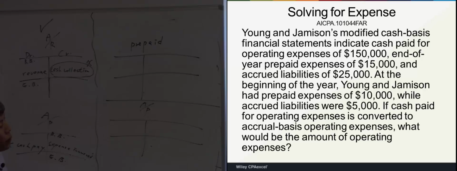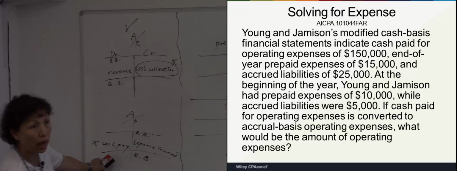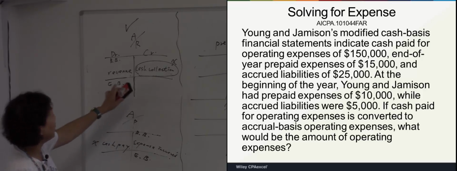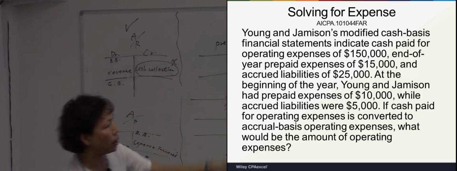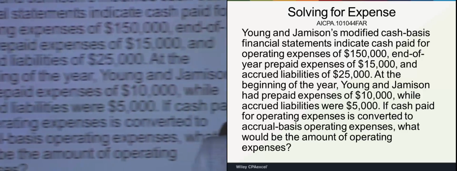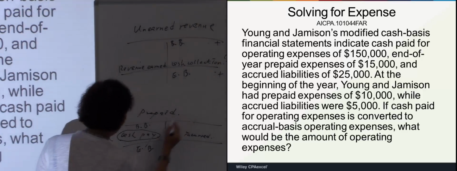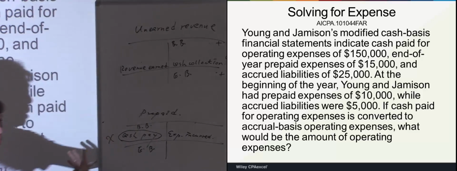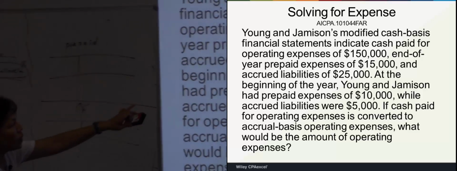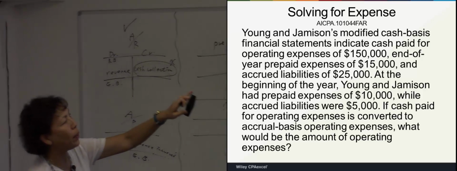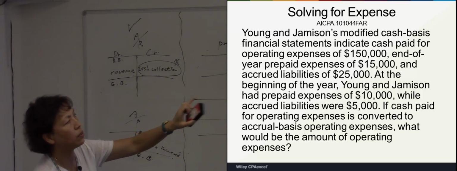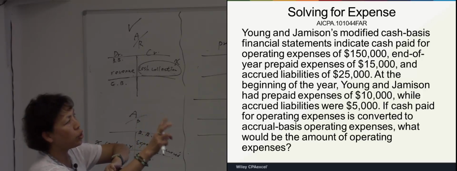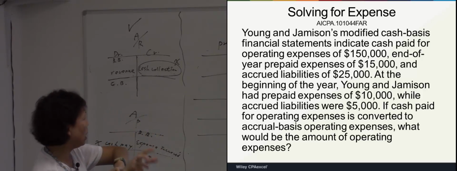And accounts payable. What did I say about accounts payable? Okay. For the cash pay, it should be shown in the debit side. And for the prepaid account, should we also show cash payment in the debit side? Yes. So if the question indicates the company pays cash for operating expense of 150,000, this 150,000 includes payment